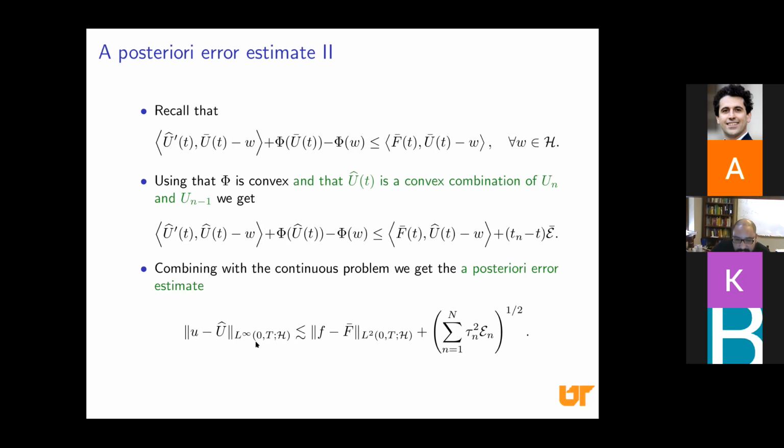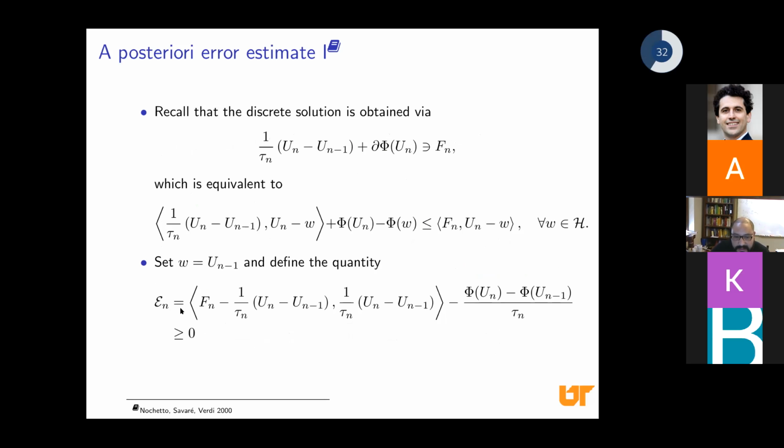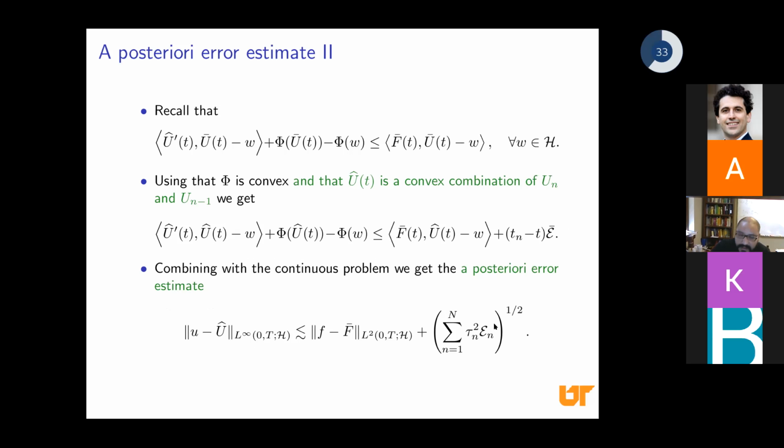The important thing is that one of the things that bounds this error is this quantity over here. Well, you know the taus, those are the time steps, and you know the E's. Once you have your approximate solution, they're completely computable. So this is something that you can compute, and then you can make a decision. Say, okay, if these are good, then you can sign whatever you need to sign and say my solution is good, right? Because this is an upper bound. If not, maybe you need to do something else, or maybe you can use these quantities to choose your time step adaptively. That's why we call this an a posteriori estimate.